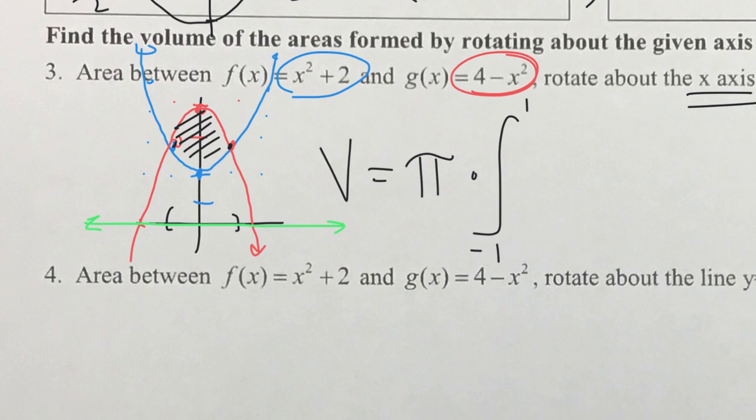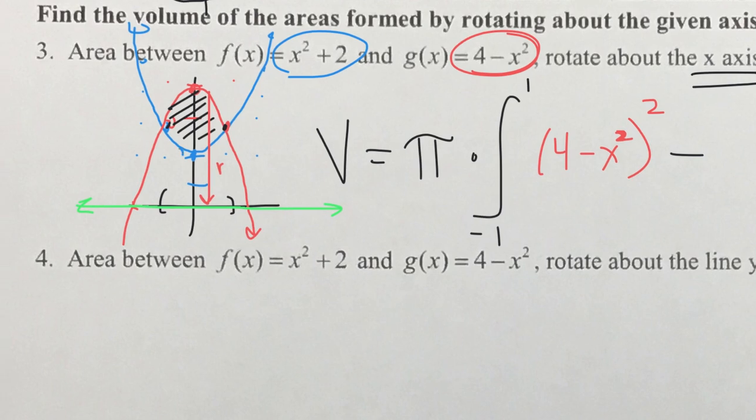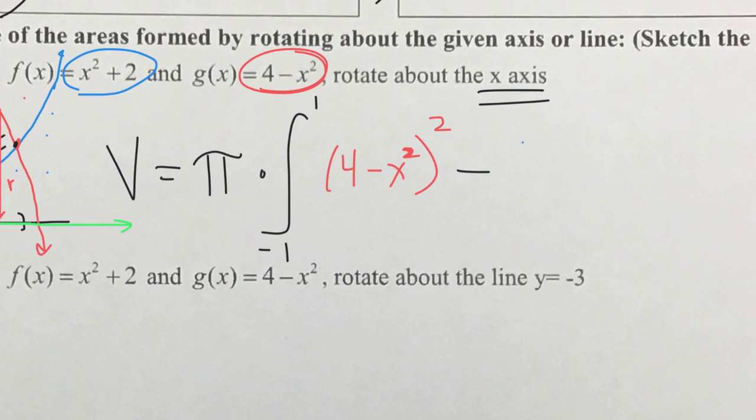Okay, the point 0. So which of these two functions is farther away from that point of rotation? Okay, the red one. So this is your first radius. So that's the g function, which is 4 minus x squared, right, because it's pi r squared. All of our circles have a squared radius. And in this case, the radius is given to us by 4 minus x squared, minus the closer one. So here's your second radius, which is your blue graph, or x squared plus 2